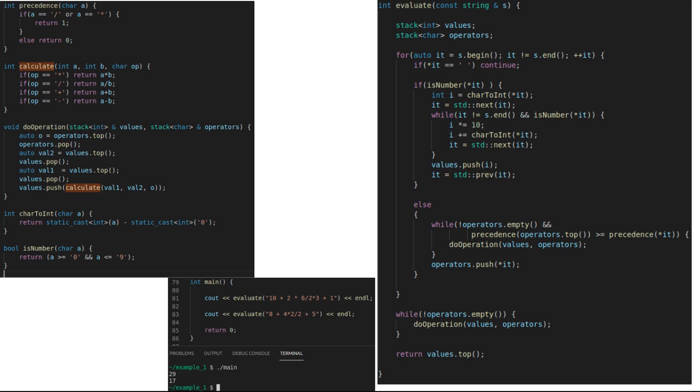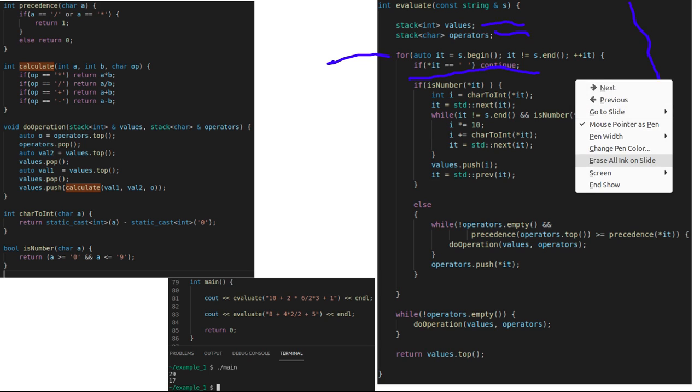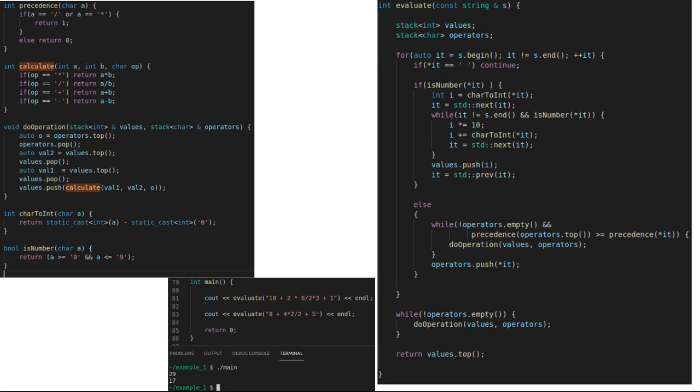Again, this is the same code we saw in the previous slide. Again, this is a pointer. This is a for loop that iterates over the string. Here we define the two stacks. If the current character in the string is a space, we just skip it, and if it's a number, we try to extract the whole characters into an integer,